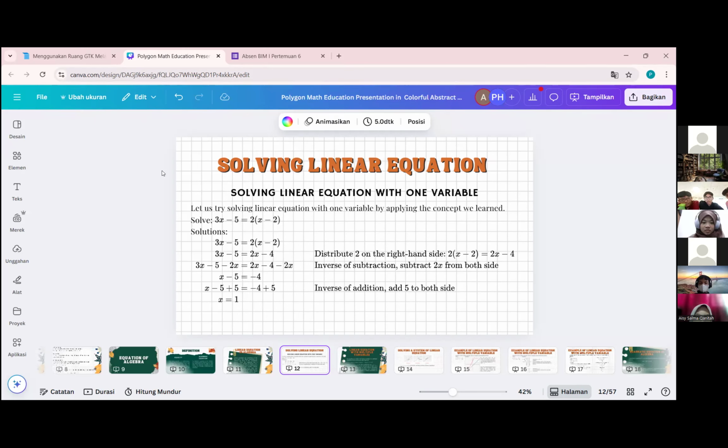Tadi saya bilang kalau mau tulis distributif aja juga boleh ya. Karena kita sudah sama-sama tahu distributif itu berarti kita mendistributifkan keduanya. Jadi kalau nanti mengerjakan soal ada operasinya, suruh menyelesaikan operasi, tuliskanlah distributif, inverse of addition, komutatif, asosiatif, inverse of multiplication. Yang penting dituliskan di sampingnya. Lanjut.